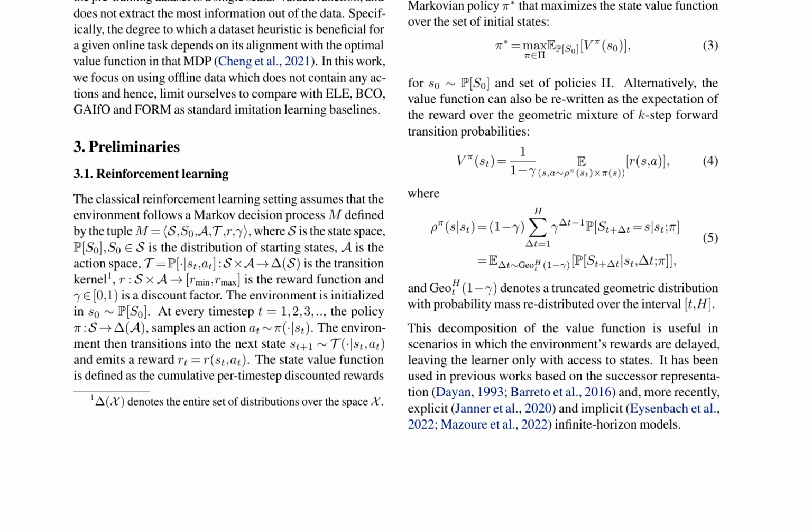The state action value function Q pi, S, A, is the expected return when taking action A in state S and following policy pi. The reinforcement learning problem is to find a Markovian policy pi that maximizes the state value function over the set of initial states. Decomposing the value function as the expectation of the reward over the geometric mixture of k-step forward transition probabilities